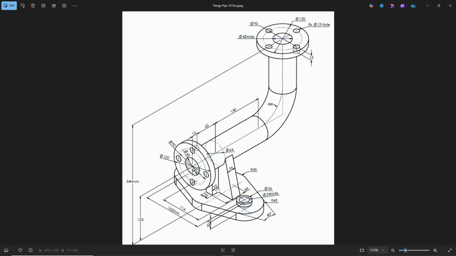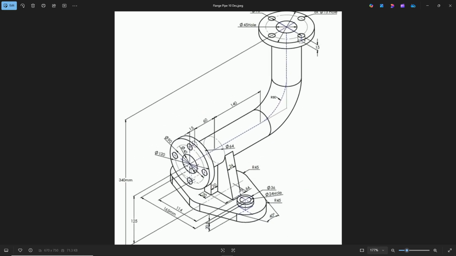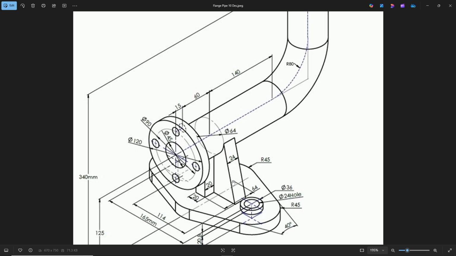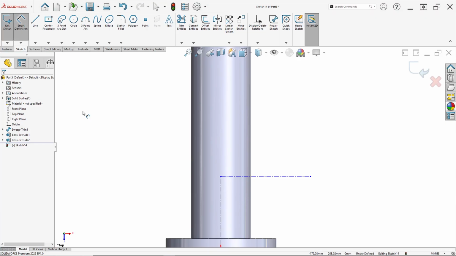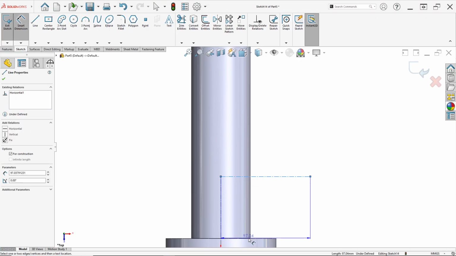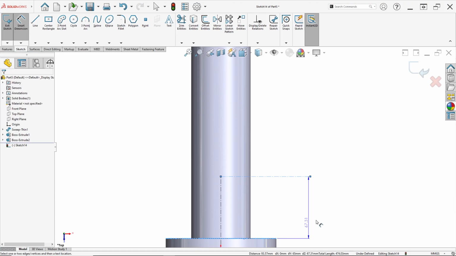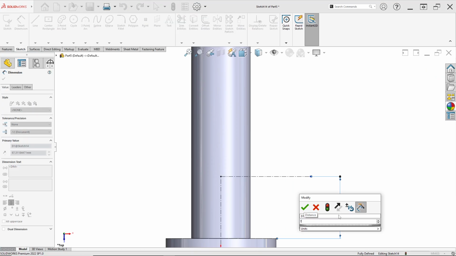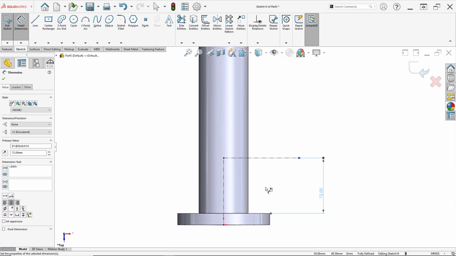This center of hole to this edge: we can see this center of hole is half of this rib. This rib has a total thickness of 24, so half of 24 is 12. 12 plus 60 is 72. So the distance from this center line to this edge is 72 millimeter like this.